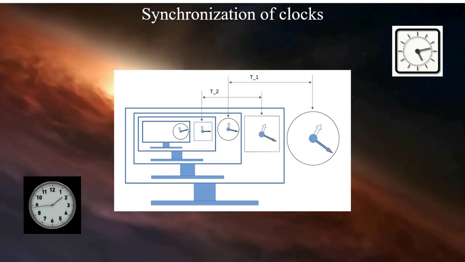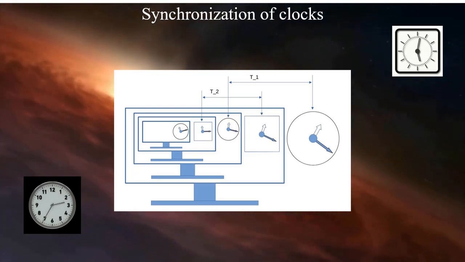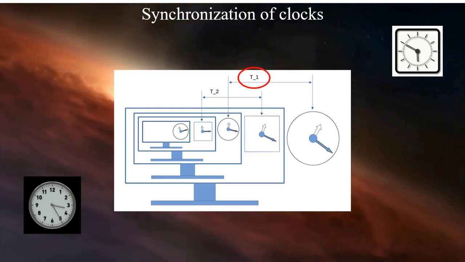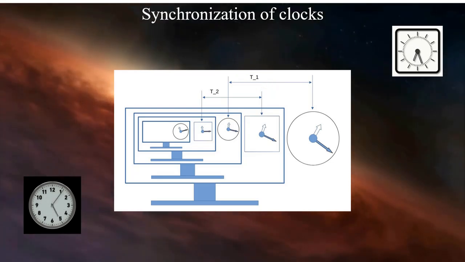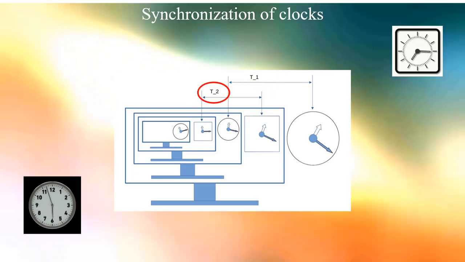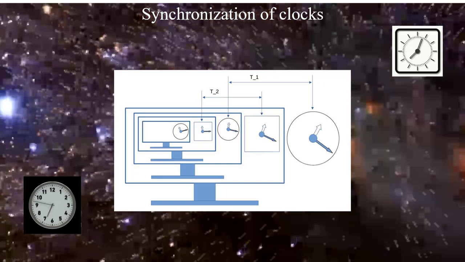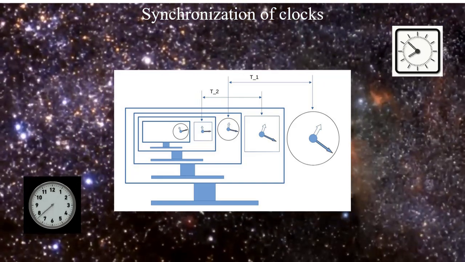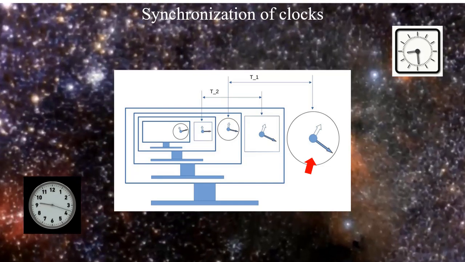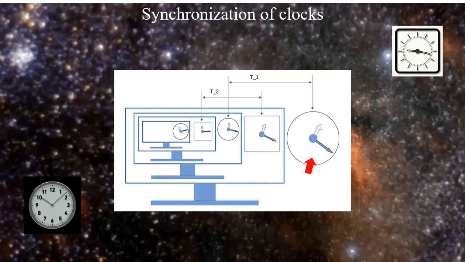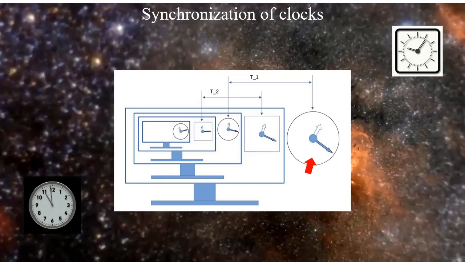So, if the difference between the readings of the laboratory clock (round, shown on the image as T1) and the clock from the satellite (square, shown as T2) are equal, then it means that the clocks are running at the same rate. If the rate of the clocks is different, you can adjust the laboratory clock to match the satellite clock. To synchronize the laboratory clock with the satellite clock, it is enough to set the time on